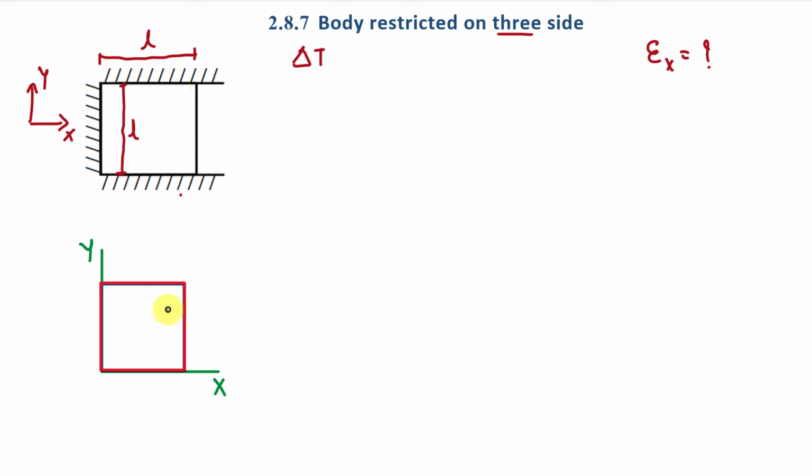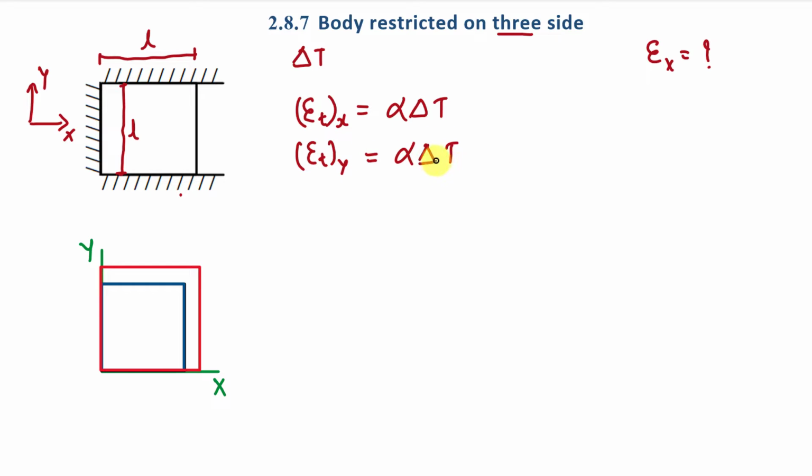We have this same body here, and we are going to increase the temperature of this body by delta T, and due to that, if there is no restriction on this body, then change in dimension of body will be like this. Fine. There will be strain in x direction, and also there will be strain in y direction. Here strain in x direction will be thermal strain, and it will be alpha delta T, right? And similarly strain in y direction will be epsilon Ty is equal to alpha delta T, that we have discussed